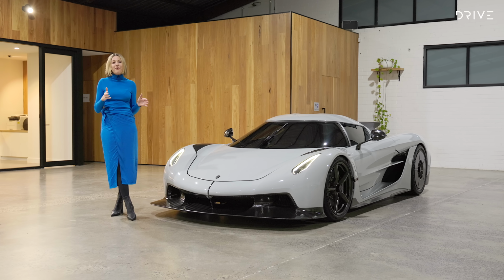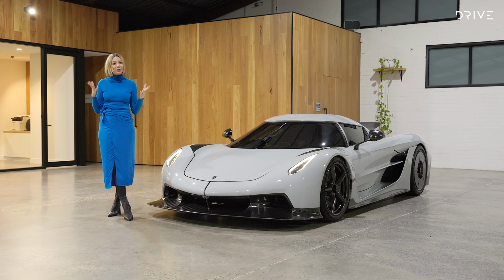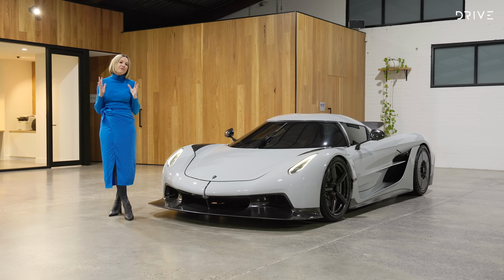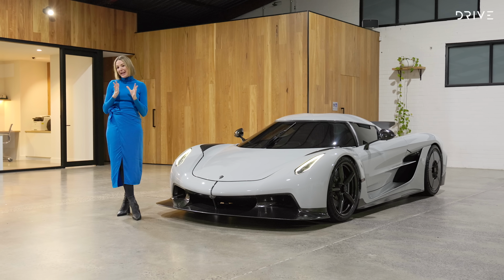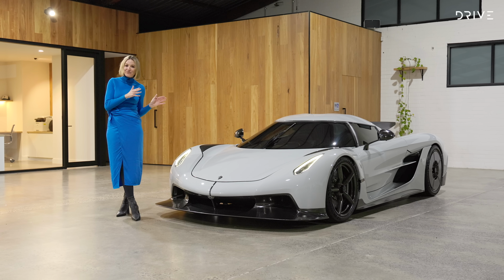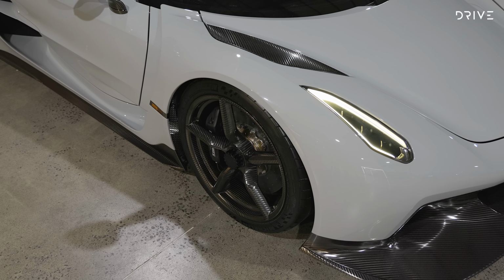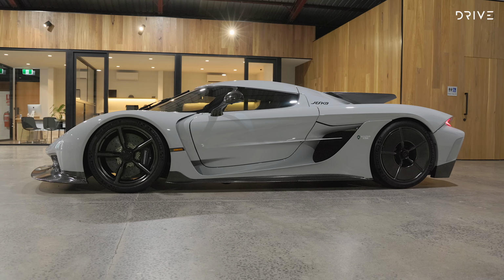This has a 5-litre twin-turbo V8 petrol engine. It's capable of 1,177 kilowatts of power and 1,500 newton-meters of torque. Koenigsegg also claimed that this has the fastest shifting gearbox ever built. While the 9-speed gearbox will mean fastest shifting in the world, this will allow the Jesko Absolute to reach an